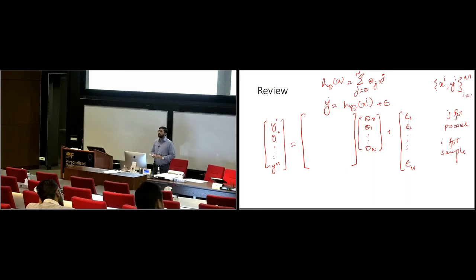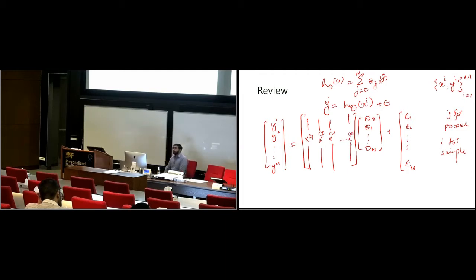Okay, it's a matrix of polynomial bases. Basically what we have is x power 0 here, x power 1 here, x power 2 here. In order to keep the notation consistent, I'm just going to put the powers in the parentheses, so that you know that it's different from the sample number, up till x power n.